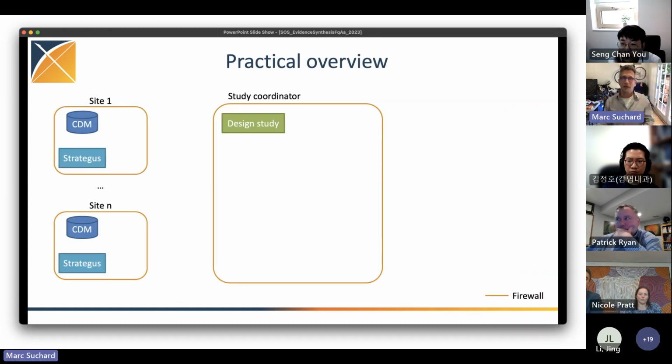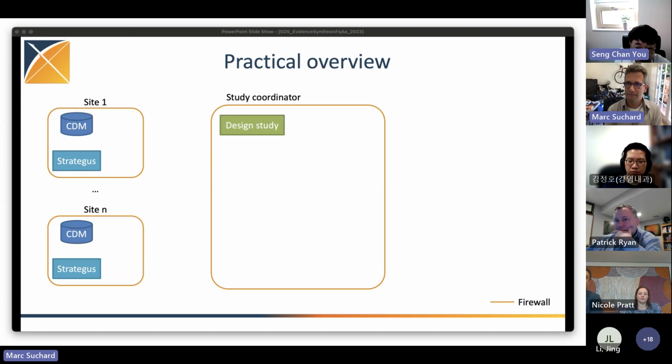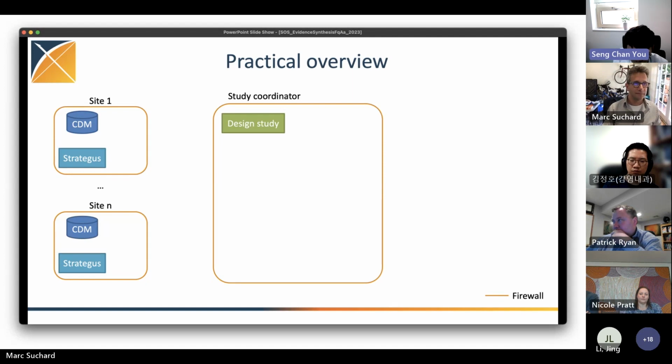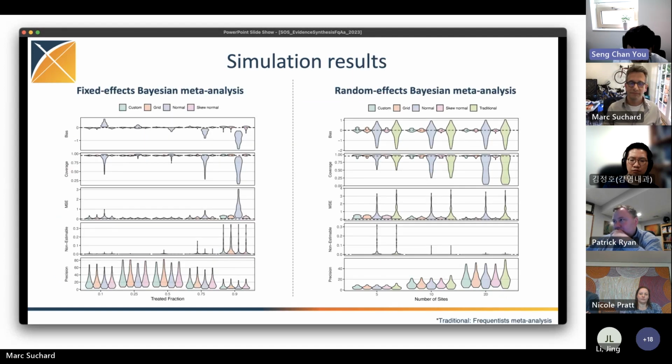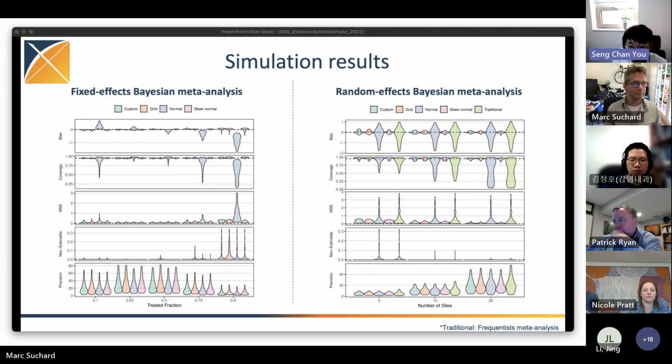Mark, so let me, go ahead, please. I have another question about. Absolutely. I'm a little bit confused between the fixed effect or the random effect Bayesian meta-analysis. Since you introduced that, you will assume the heterogeneity as 0.5 for the random effect Bayesian meta-analysis. Am I correct? Help me understand the 0.5. 0.5 for what? About the heterogeneity between the results. Okay, so